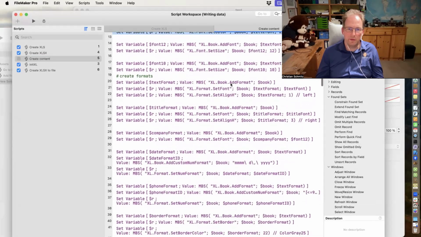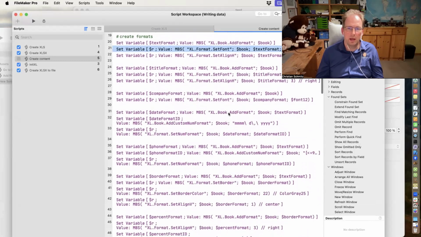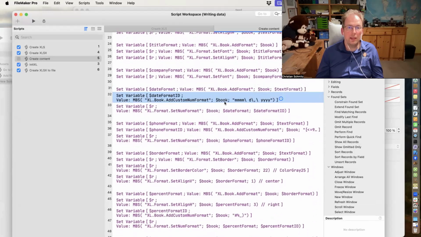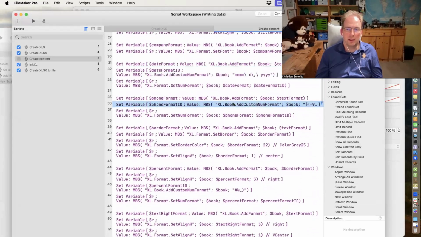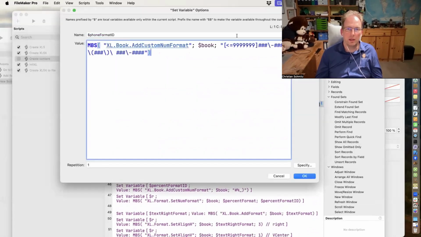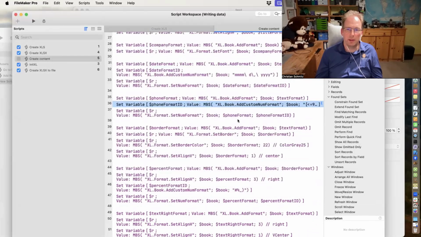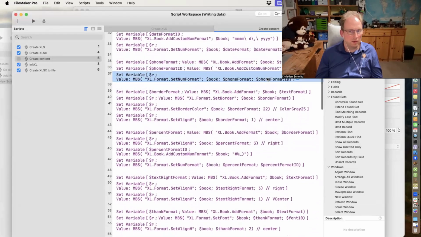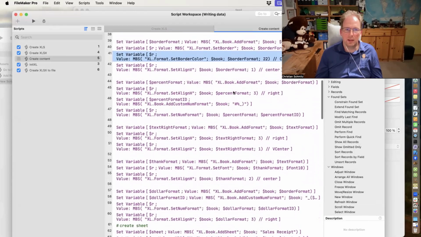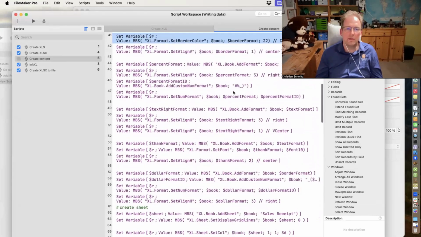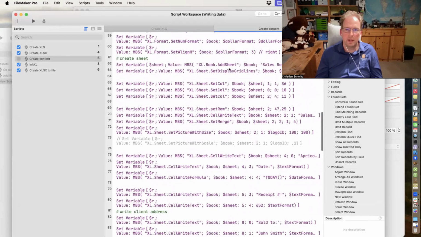We specify formats with specific fonts, text alignment. We add a custom number formatting here for the date, another custom number formatting here for the numbers. So this can have formatting for negative numbers, positive numbers, even formatting for phone numbers, actually. We define border colors, and once we have all the formats defined, we can actually start using them,